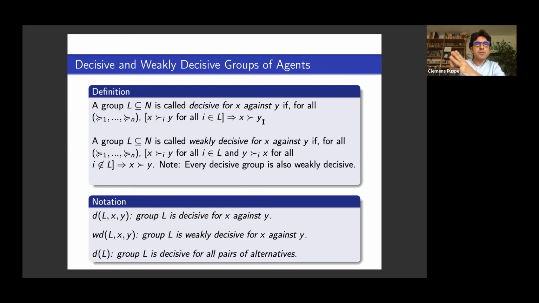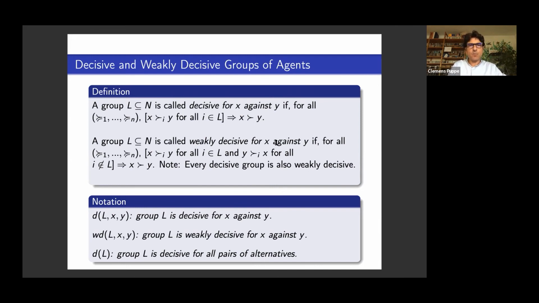And I will prove to you that if this F satisfies universal domain, weak Pareto, and independence, it must be a dictatorship. Now, not of Mikhail, but of one individual. And I prove this with this concept of decisiveness. Given F, this is simply a definition that tells me whether a group of individuals is decisive or not. I can even strengthen the definition a little bit and call a group weakly decisive for